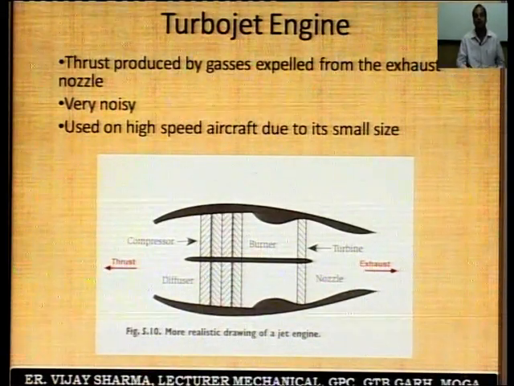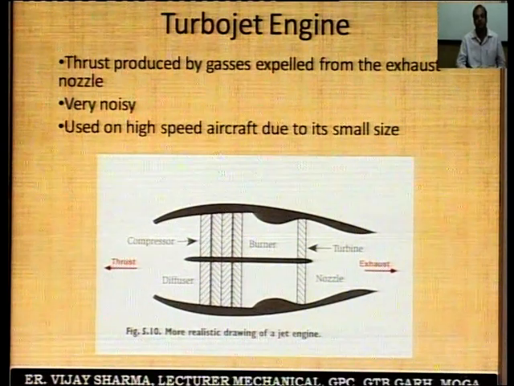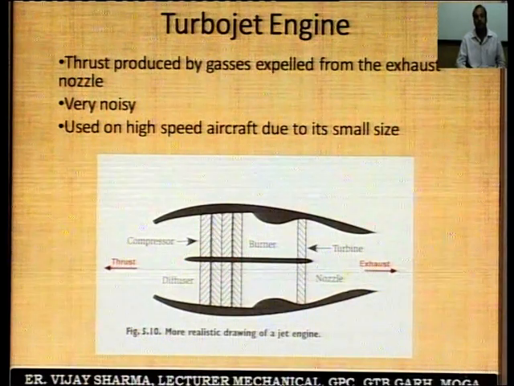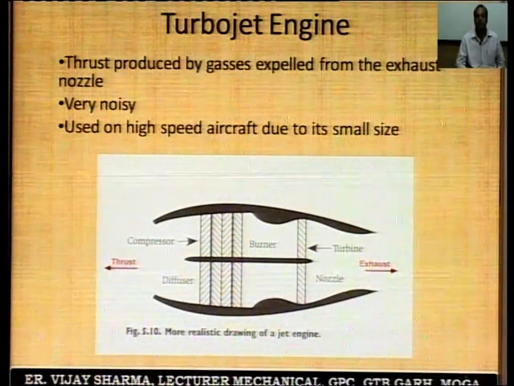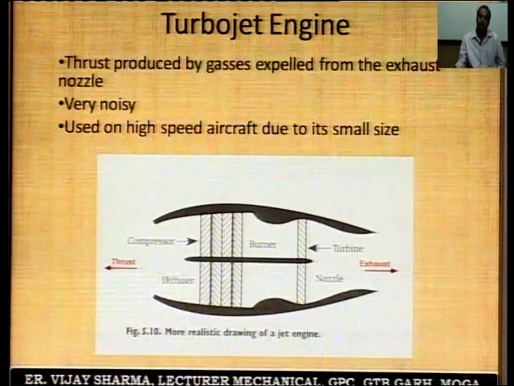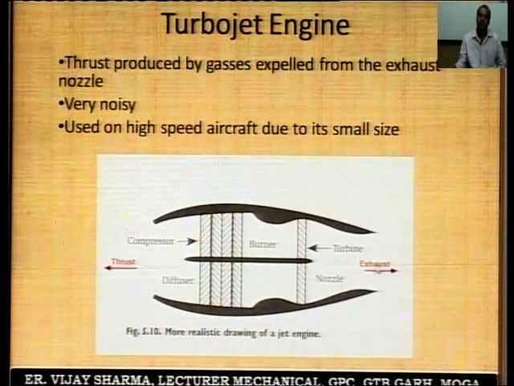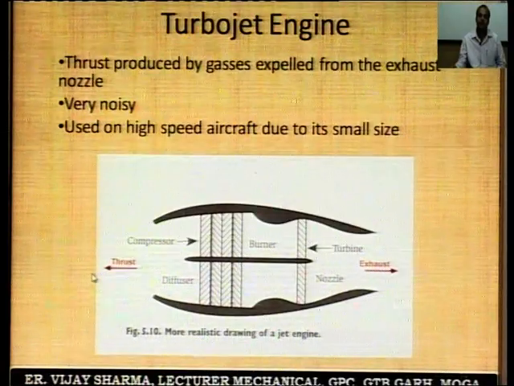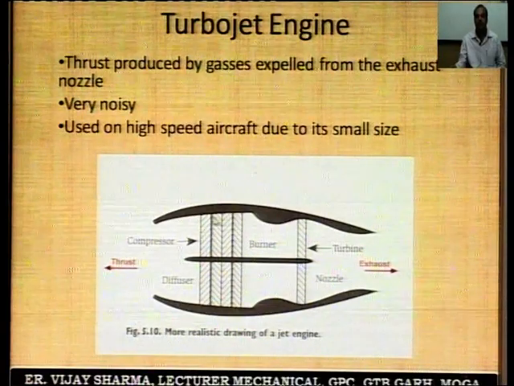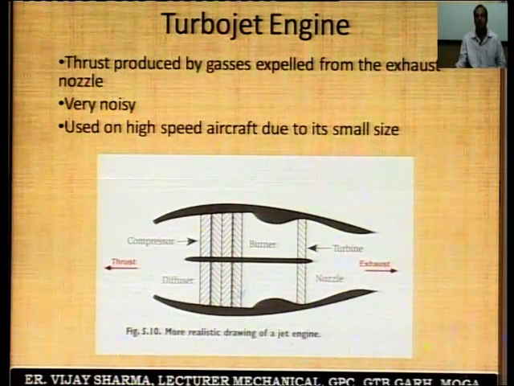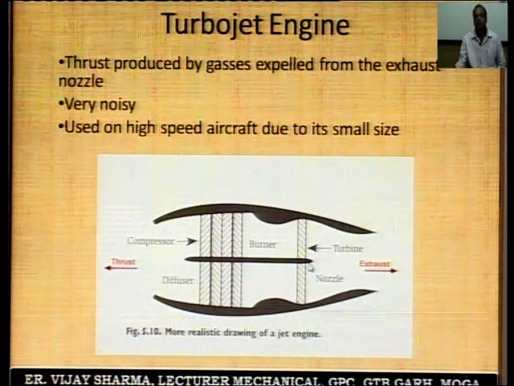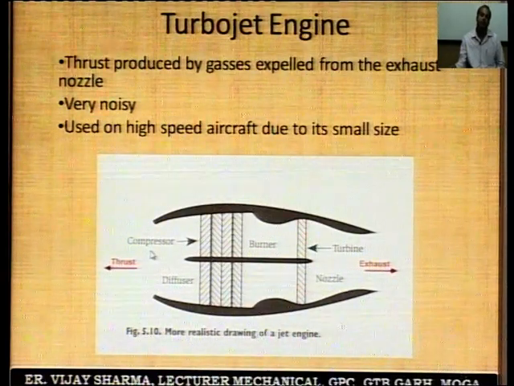First of all, let me discuss the turbojet engine. In this figure, the thrust is produced by the gases expelled from the exhaust nozzle. This is the exhaust side and this is the thrust side. These are the basic components of the jet engine. Here is the compressor, here is a diffuser, this is the burning chamber, and this is the turbine as well as the nozzle. When the air is compressed